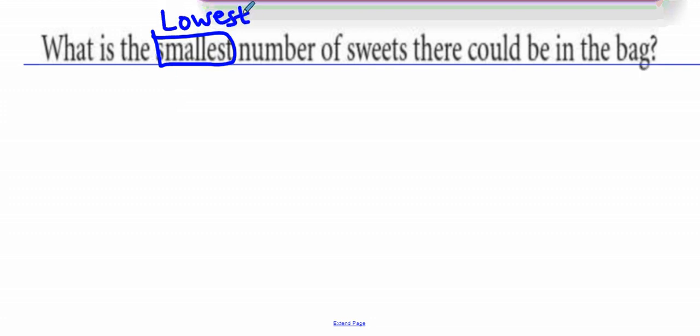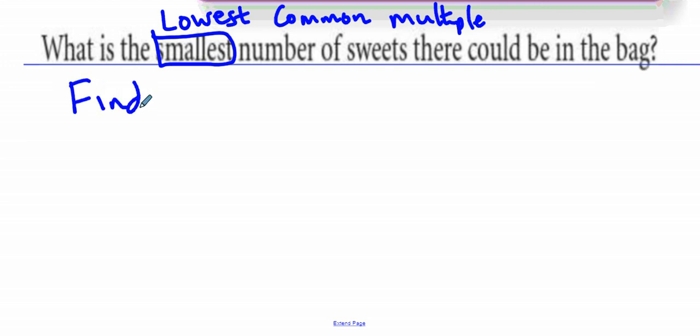And remember, we discussed lowest common multiple in our previous video. So the question is, what is the smallest number of sweets there could be in the bag? In other words, we are supposed to find the LCM